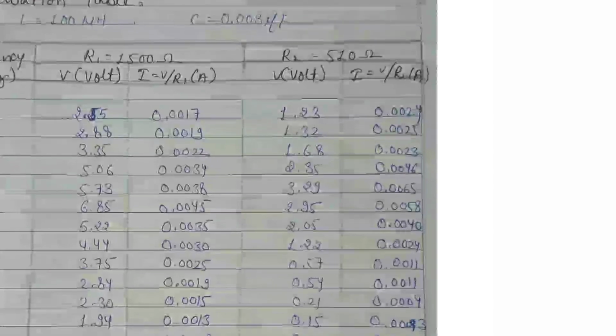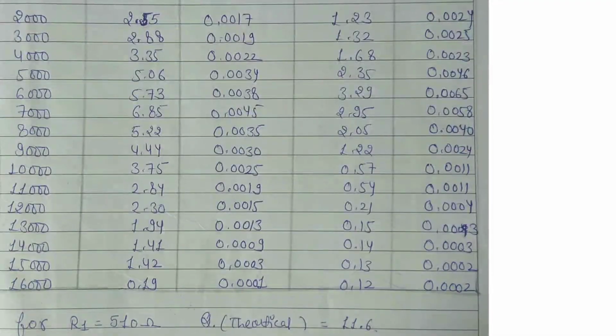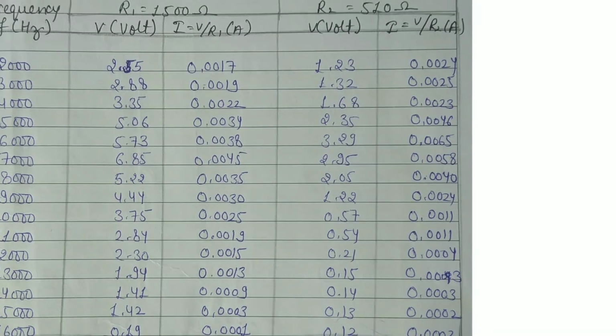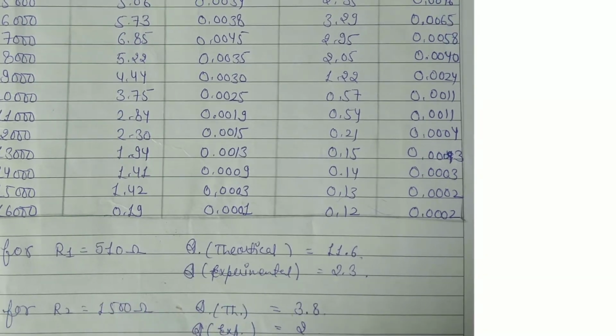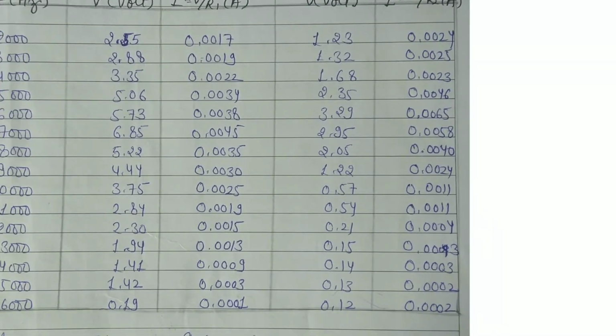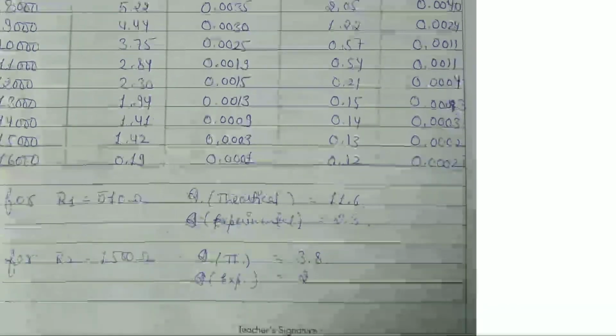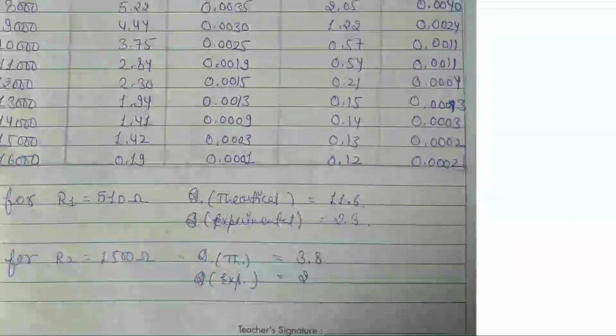Similarly, for another resistance R2, we also repeat the full experiment. We obtain output voltage as 1.232 last 0.12 up to 16,000 hertz. Okay, here also maxima is obtained at 6000 hertz, or in R1 is equal to 1500 ohm, we obtain maxima 6.85 at 7000 hertz. There is a difference shown by the student.